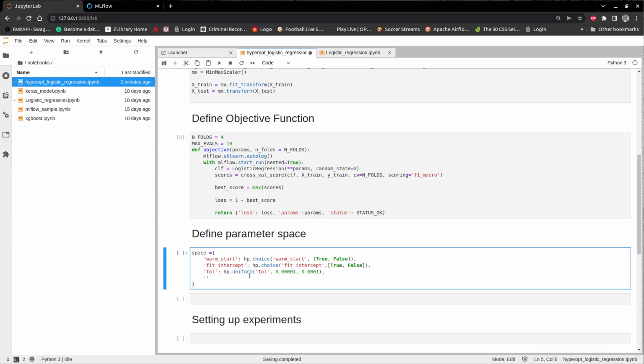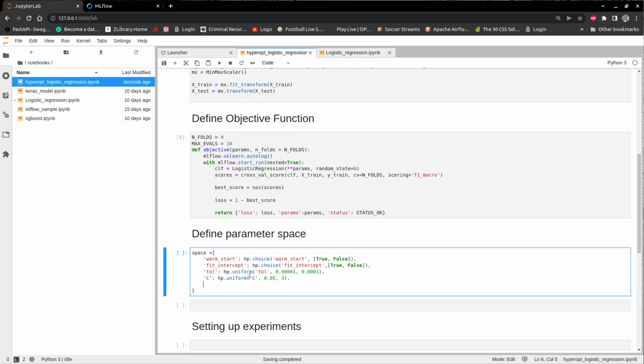Then the C, hp.uniform, right? And then 0.05 and then 3. Right. And then we have the solver